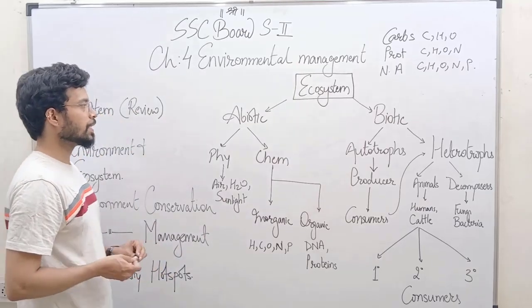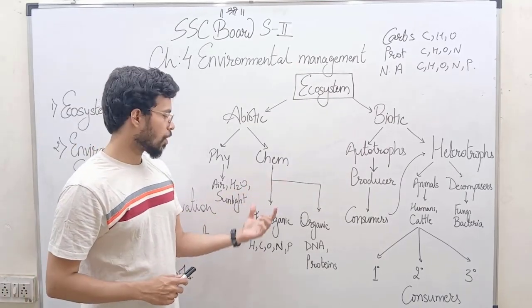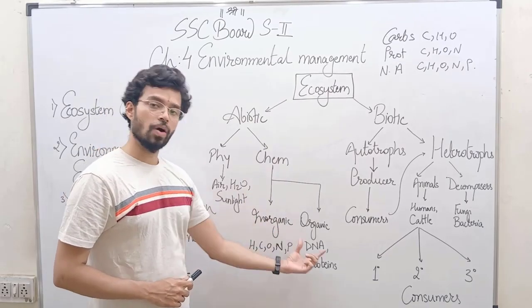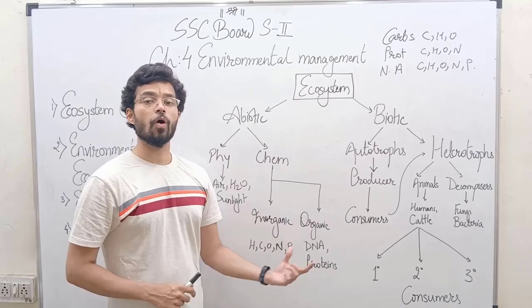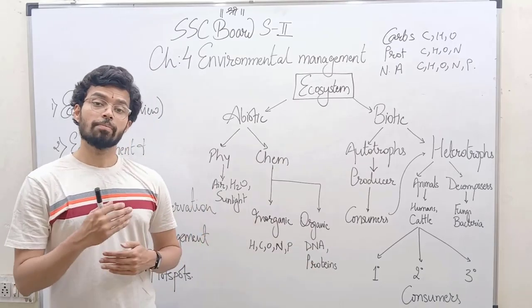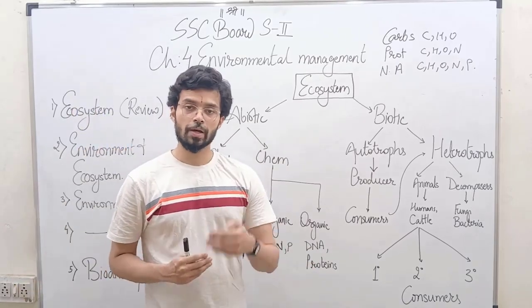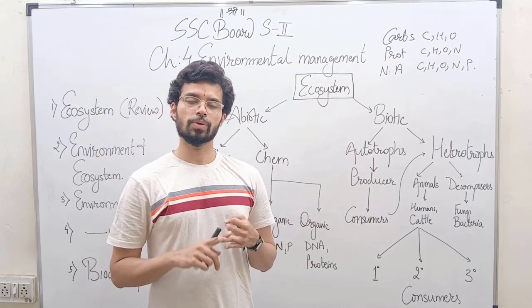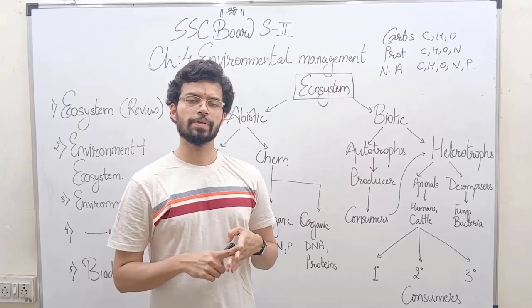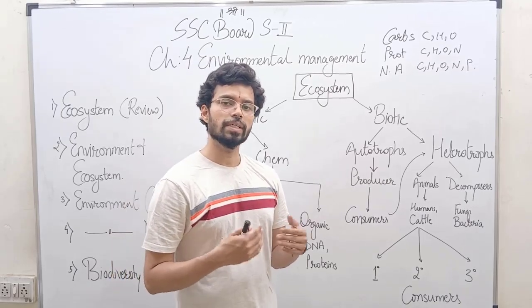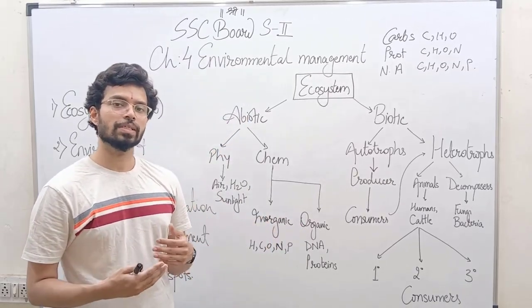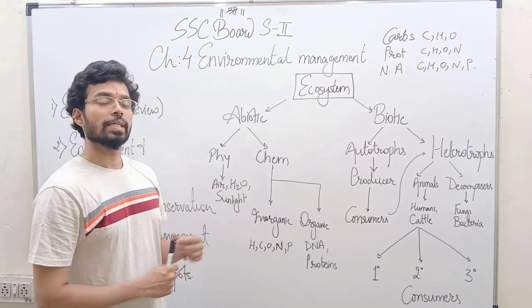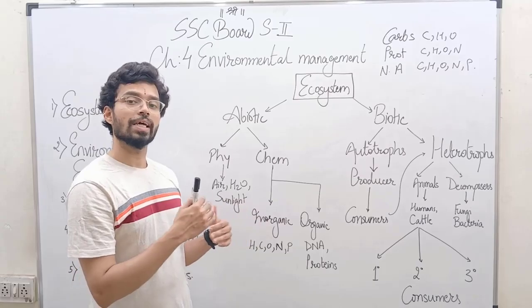So basically, the abiotic chemical components are your inorganic ones and the organic ones. Organic ones form what are known as the biomolecules class. So biomolecules are what? Basically your nucleic acids, DNA, RNA, proteins, lipids, phospholipids, whatnot. All of these huge molecules which are biological in nature form the basis of your organic chemical component, right? They by themselves are abiotic, right?